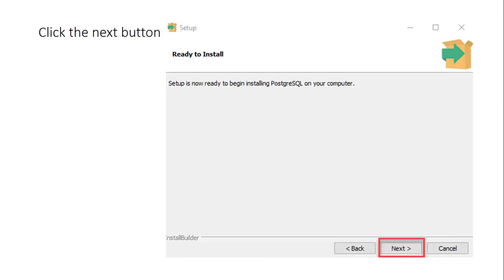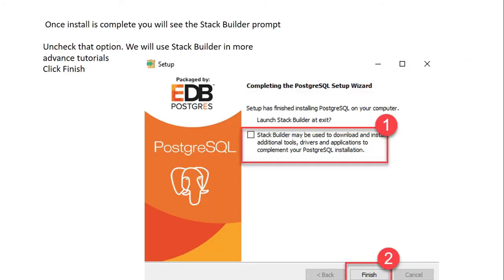Then the setup is now ready to begin installing PostgreSQL on your computer, and click Next. Then it will take some time to complete the installation. Once the installation is complete, you'll see the Stack Builder prompt as you can see in this picture. Uncheck that option, then click the Finish button to finish the installation.